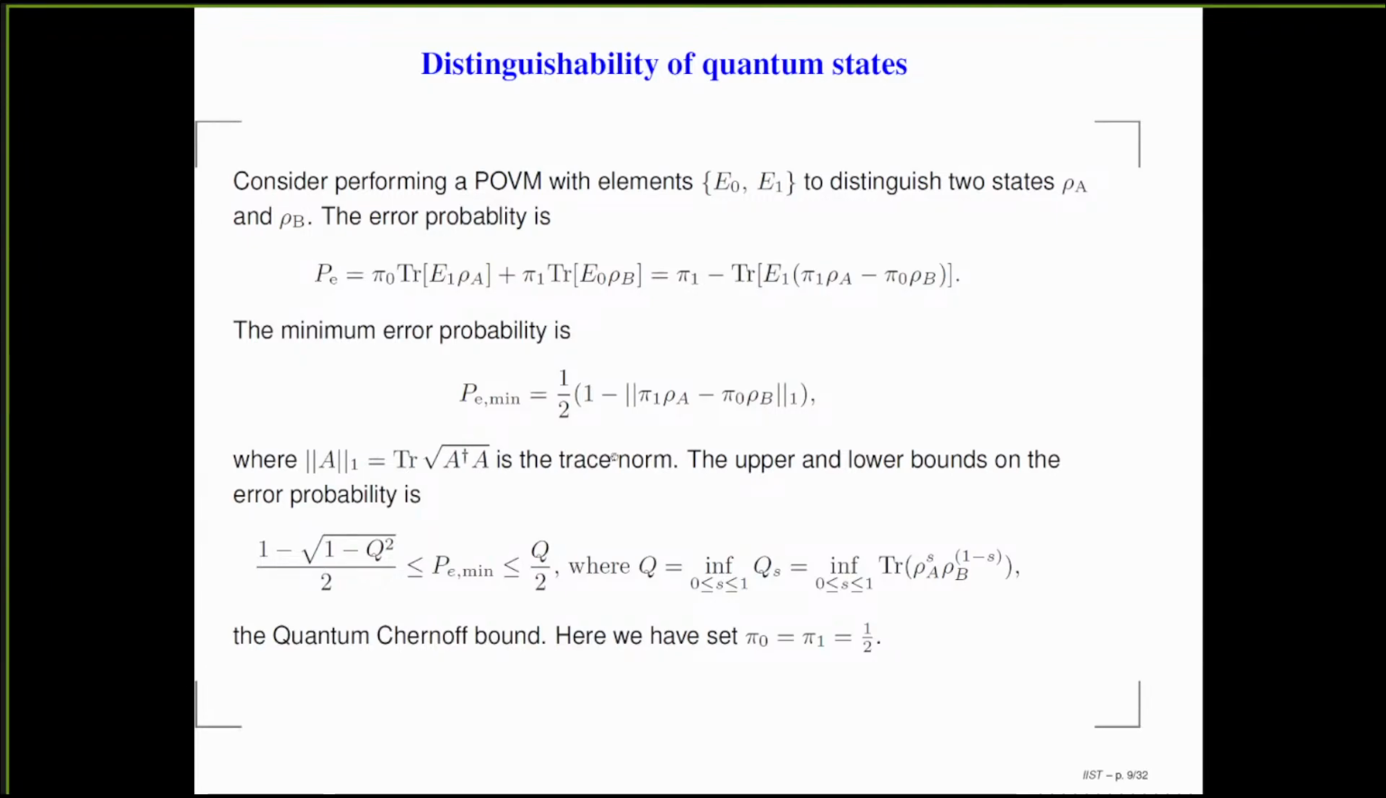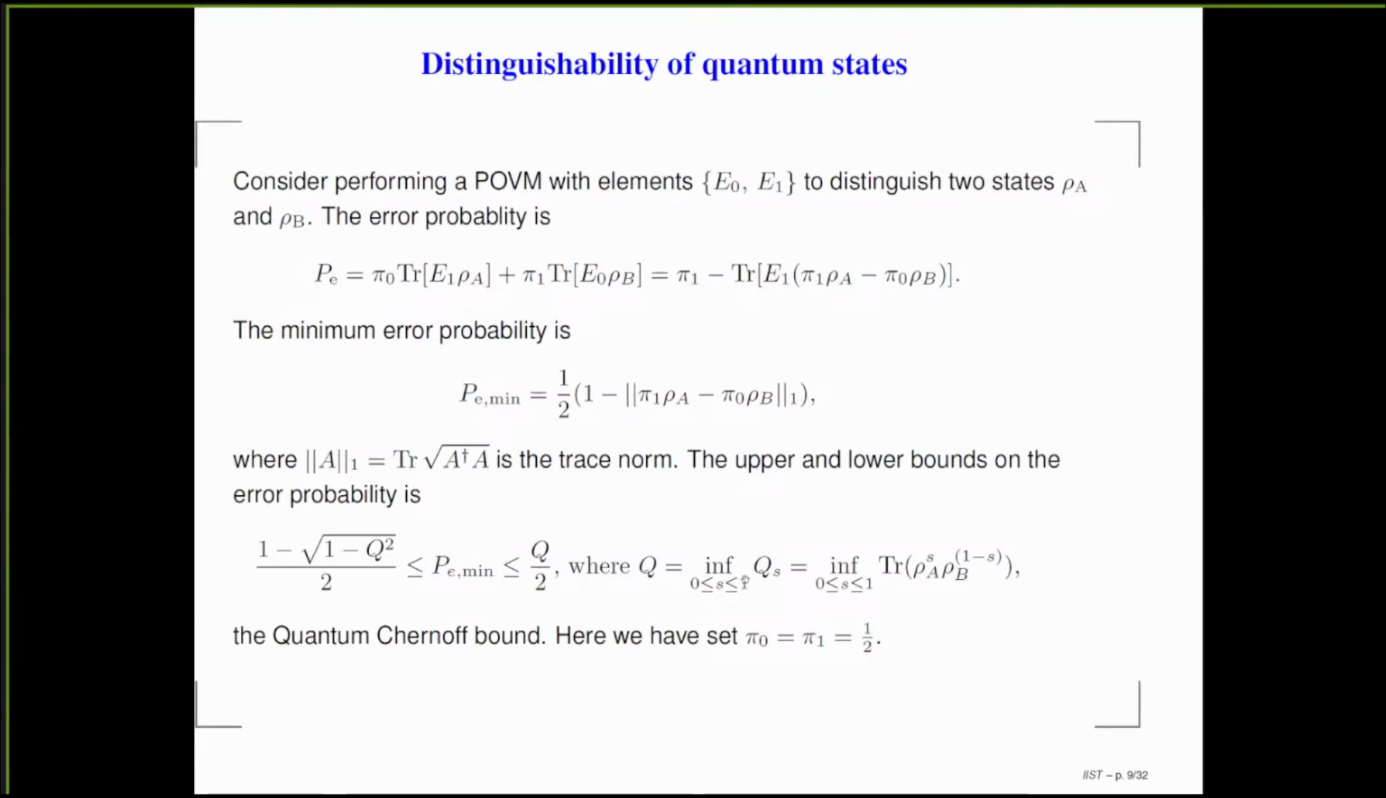Now I will recall some very important limits which were obtained earlier in another work. It was shown that this P error minimum is lower bounded and upper bounded by this Q, or Q by 2 rather, and lower bounded by 1 minus root of 1 minus Q square by 2, where Q is